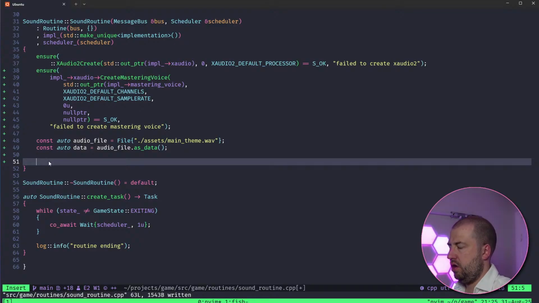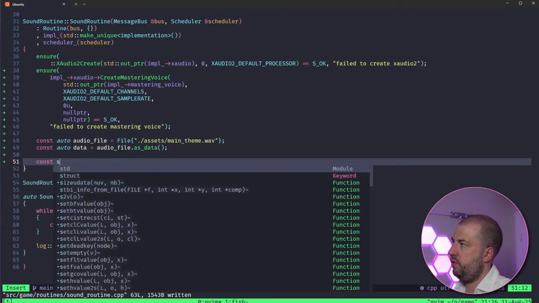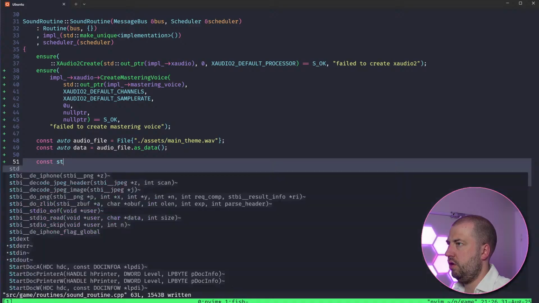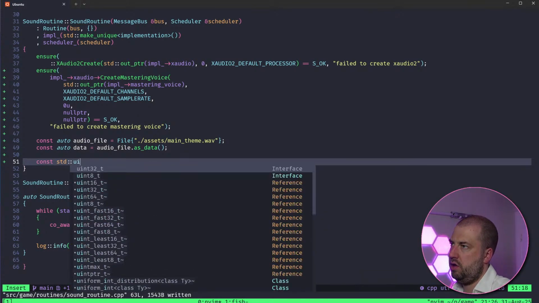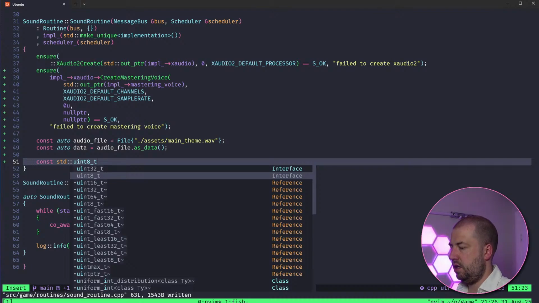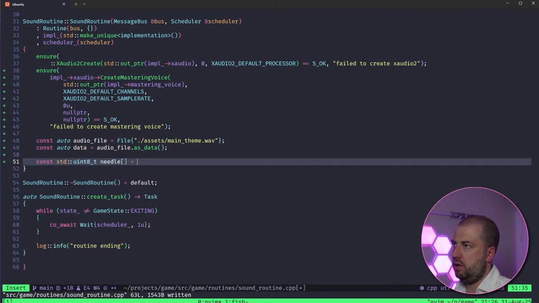So const std::uint8_t needle equals F I R. Yeah, let me do that.